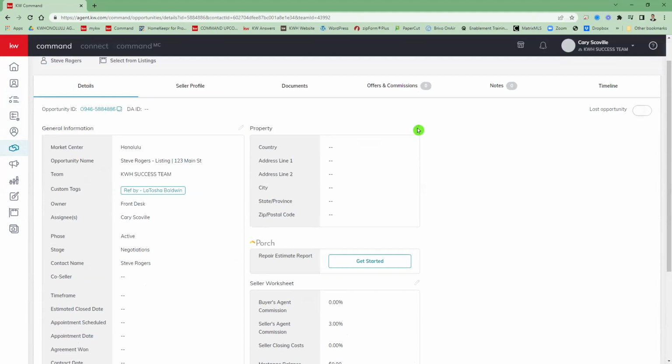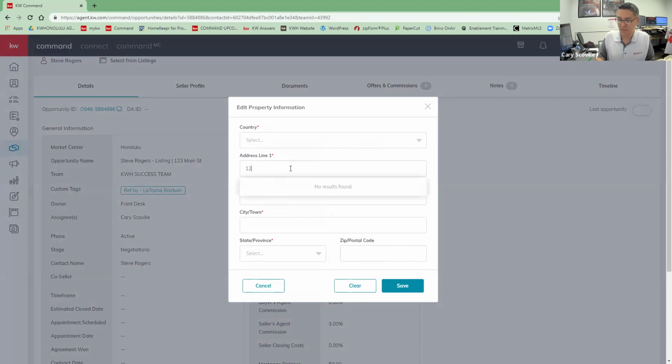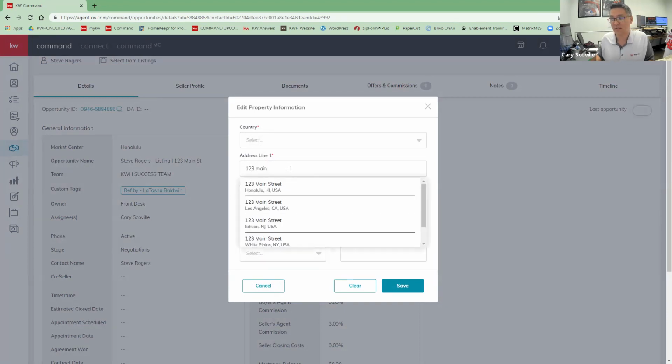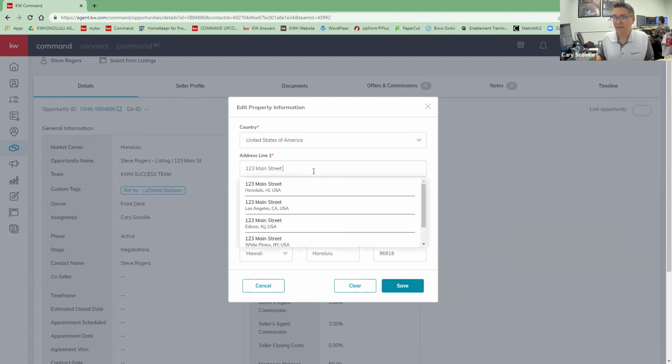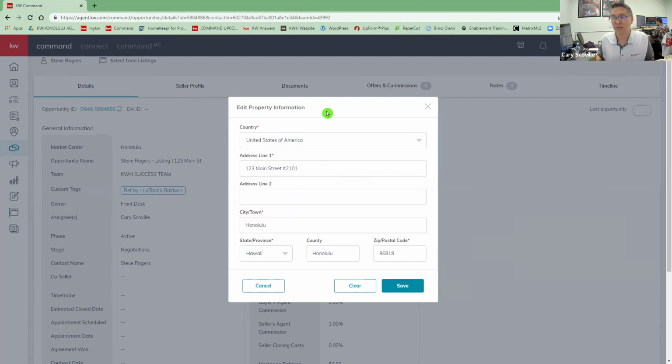So again, the property box: if you were to type in an address, you'll see that Google wants to just automatically find it. There's actually a 123 Main Street in Honolulu. That's awesome. So you'll see it pre-fill, but what you notice, if this was an apartment building, it ties to the street address, right? You can go back in after that point, and if you needed to assign a unit number, you could. Could I add one thing, Carrie?